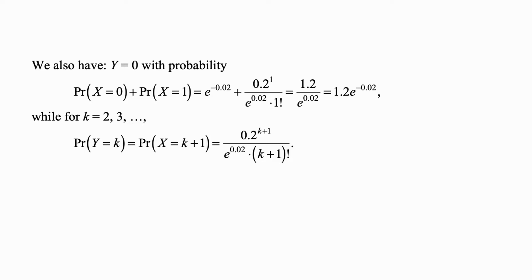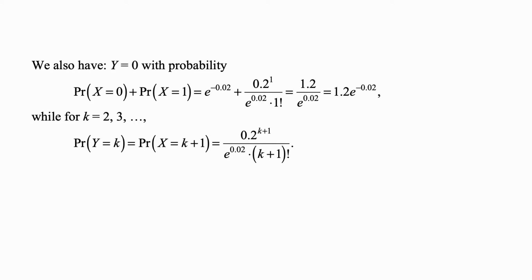Starting with 2 accidents, we have unreimbursed accidents. So that's equal to e to the minus 0.02 plus 0.2 to the first over e to the 0.02 times 1 factorial, and that's the same as 1.2 e to the minus 0.02. While for k equal to 2, 3, and so on, the probability that y is equal to k is the